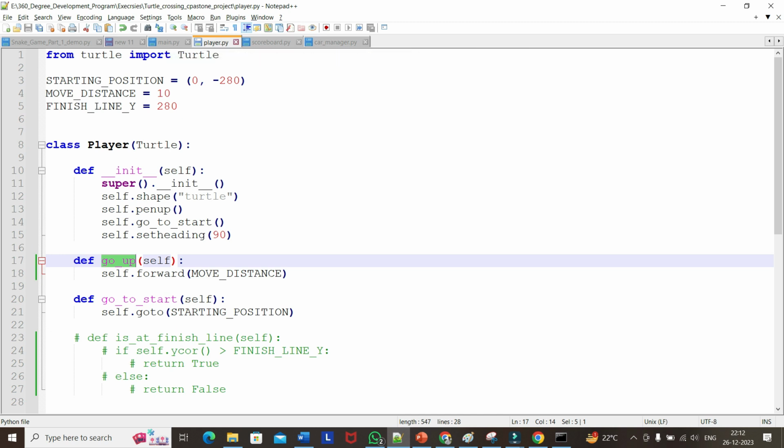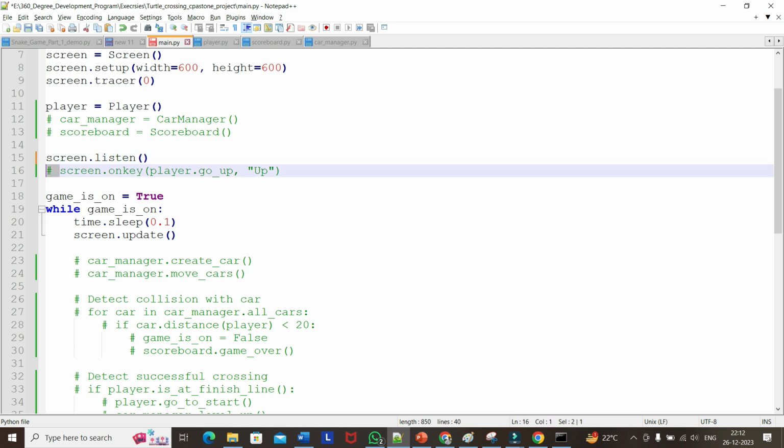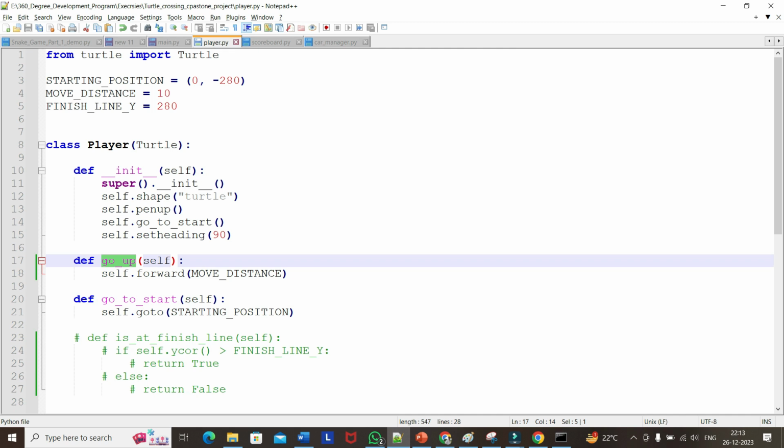We need to call this go up method for the object, but the screen should listen to the key presses. So the screen is listening, and when we press the up key, we are calling the player object's go up method, so that it will move forward